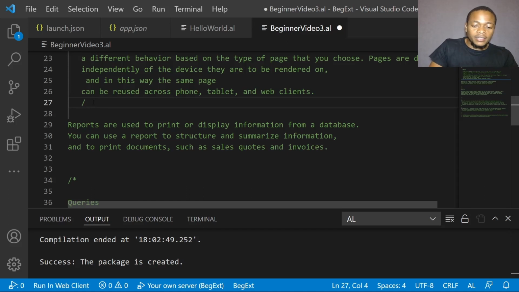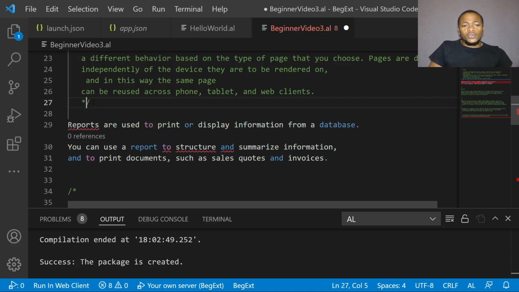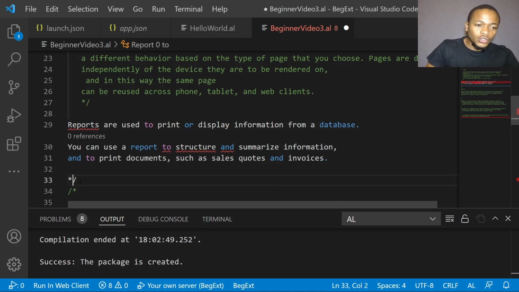Let me comment so that you can see it clearly. They are used to print and display information from a database. You can use a report to structure and summarize information and to print documents such as sales quotes and invoices. You can also store a report in the form of a PDF, save as a PDF, save as